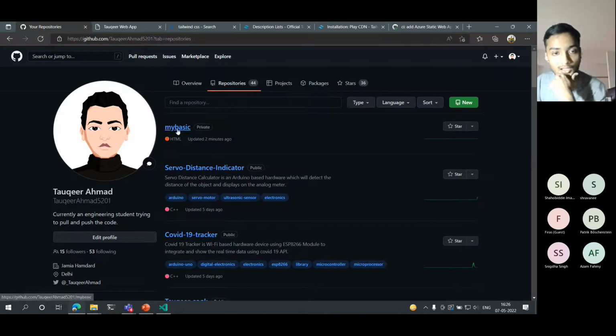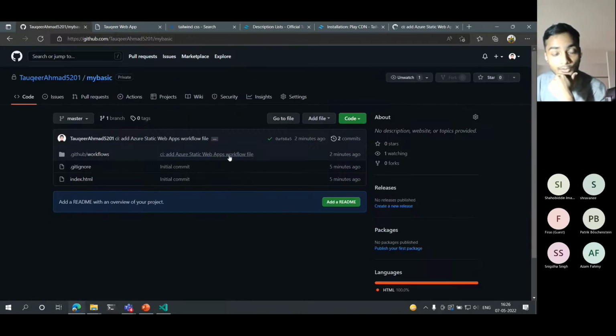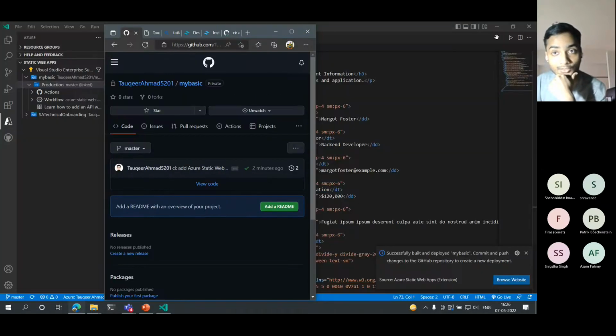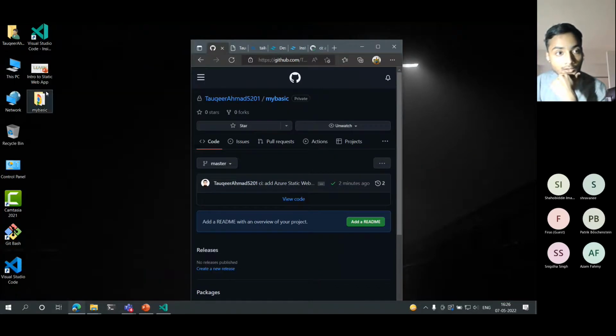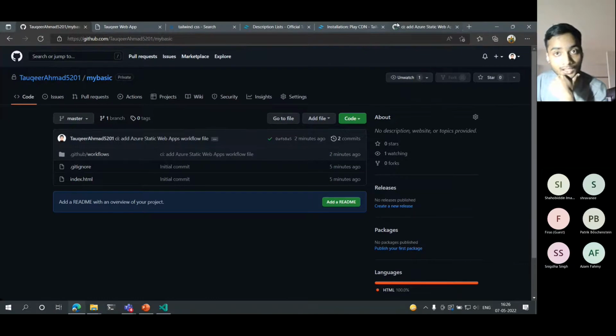See, that was the same folder, isn't it? That was the same folder which I created over my desktop. Now it is published over my GitHub repository. Yes, that is why GitHub asked me for permission from my local repository to publish it for the Azure period.